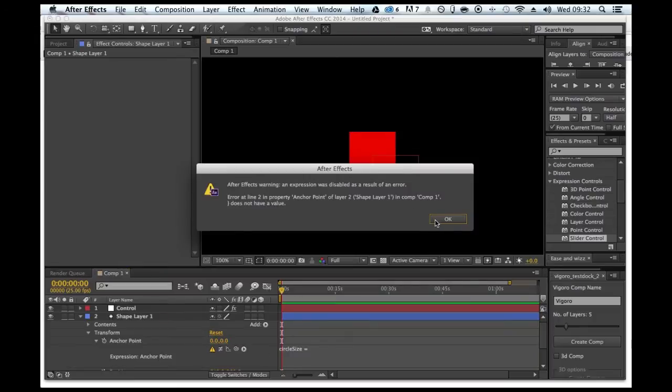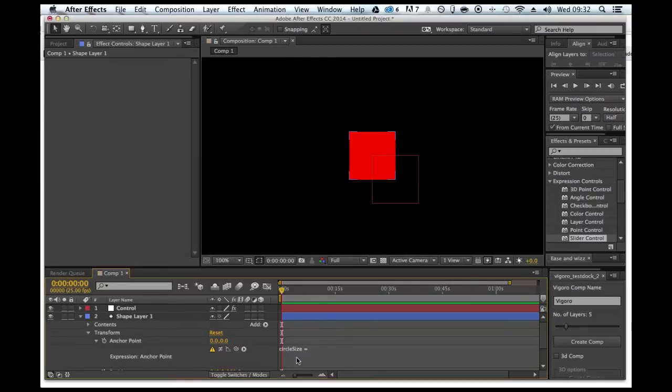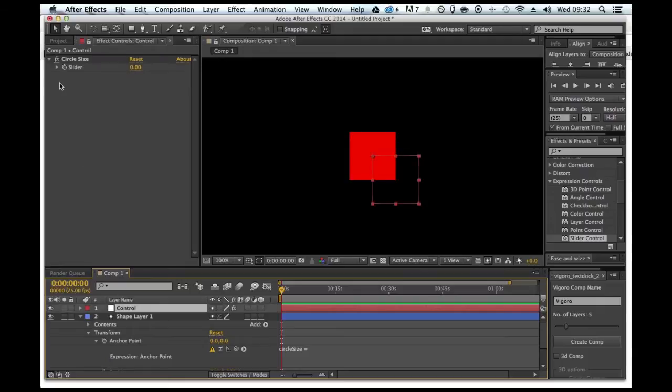If I click off this now, I'm going to get an error because there's nothing useful in there. This is a variable, so we're saying circleSize equals. We haven't said what it equals yet. So if I go back up to this control layer, you see I've got this circle size and the slider here. If I go back down here and I click on this little pick whip icon,